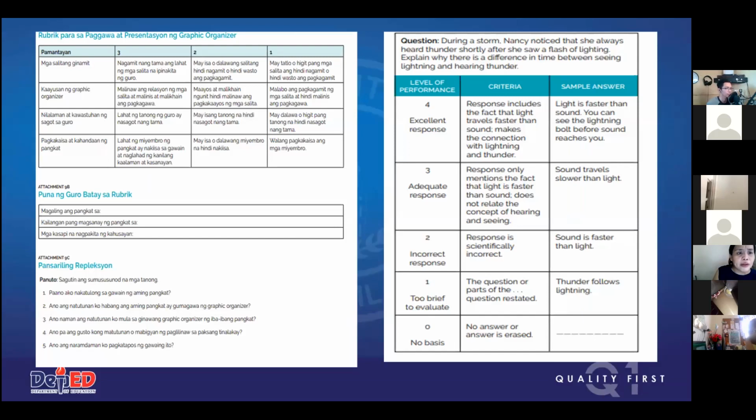How about sa Filipino, isang graphic organizer? Rubric sa paggawa at presentasyon ng graphic organizer. Ito yung isang klase ng rubric. Ang kagandahan nito, naglagay ka ng pansariling refleksyon at puna ng guro batay sa rubric. Maganda rin yun na palawigin mo kung paano pa may improve ng bata ang kanyang performance. Kasi may mga bagay na nakita mo na hindi din na-measure ng rubric na kailangan na points for improvement